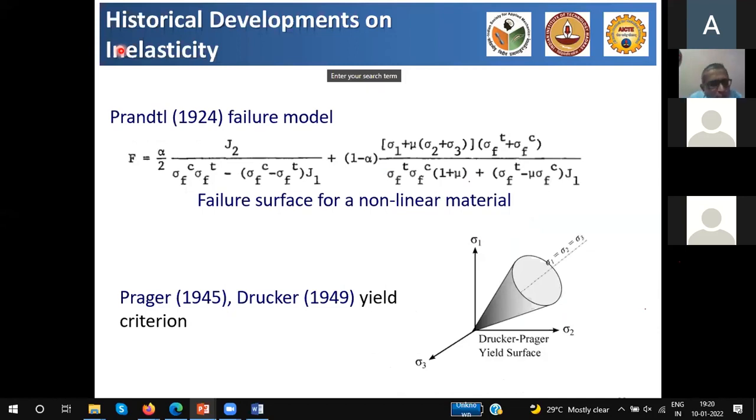So even though there were some developments by Prandtl in 1924, what is attributed to Drucker in 1949 and Prager way back in 1945 is a realization that your mean hydrostatic stress will play a role in